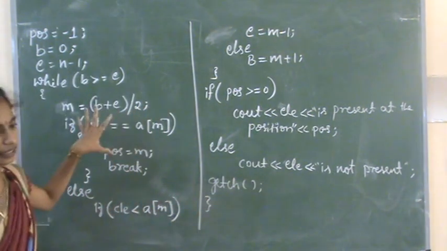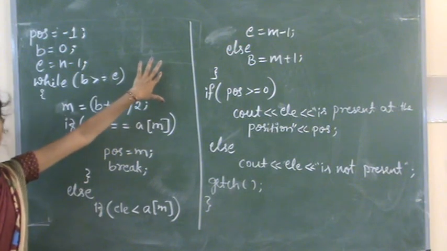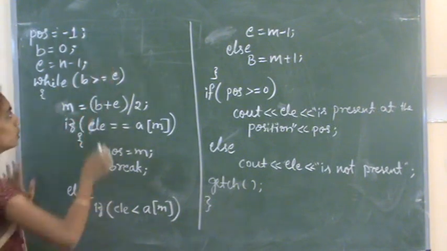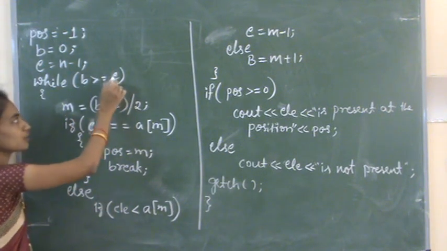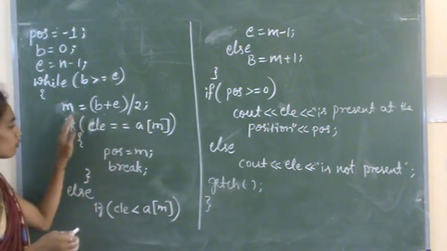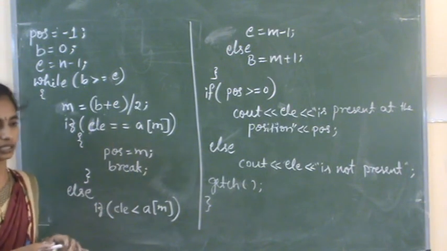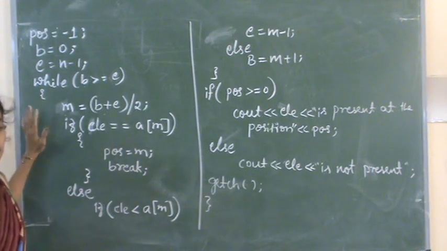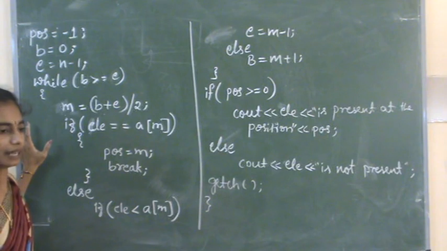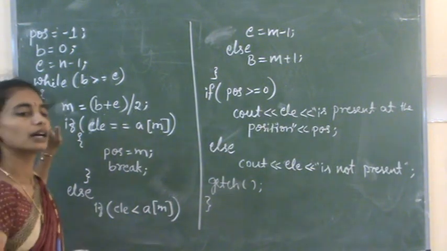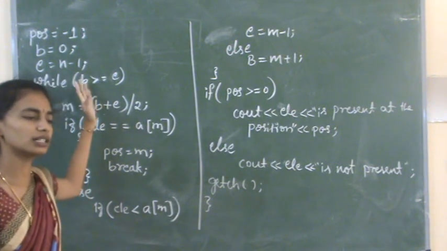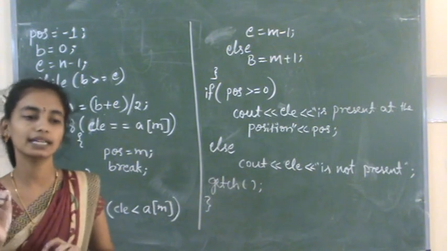So this is the code we are using for binary search. Whatever beginning and ending values we take will be compared first. If it is true, then we go for dividing the array into two parts, and after that we perform these operations. Next class we will study how to perform these binary operations by taking some example array. With the help of this program or algorithm, we will do some problems based on the algorithm by taking a sorted array. Okay.